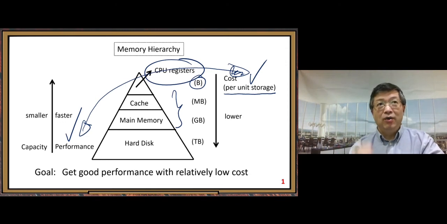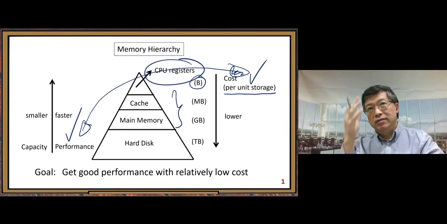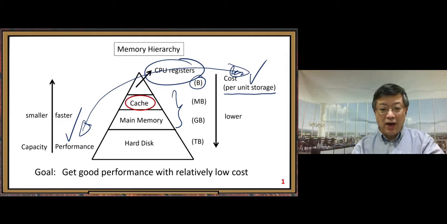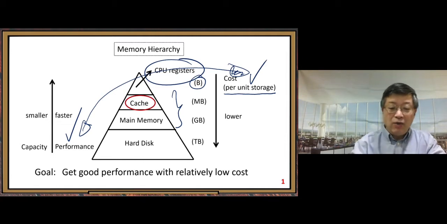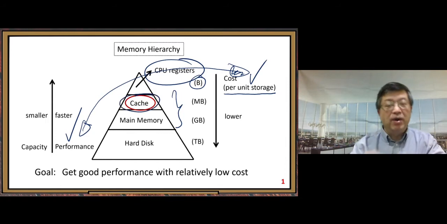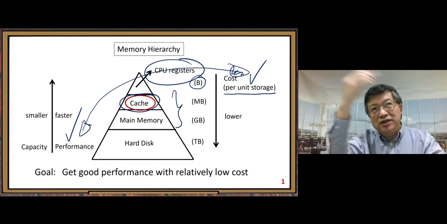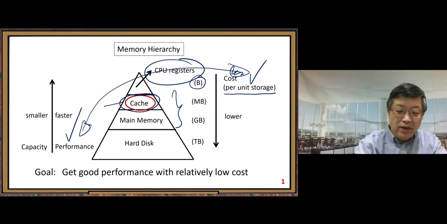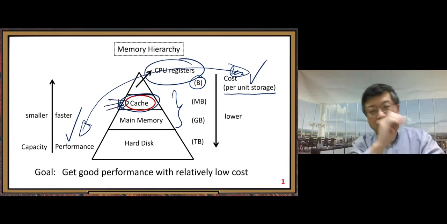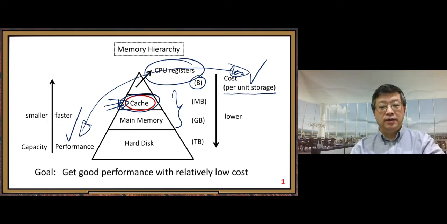Later we will see why this memory hierarchy provides us a good combination for the solution. All right. This module, our main topic is the cache part. We know the cache part connects to other parts, right? But our main discussion is here, the cache part. All right. So next,